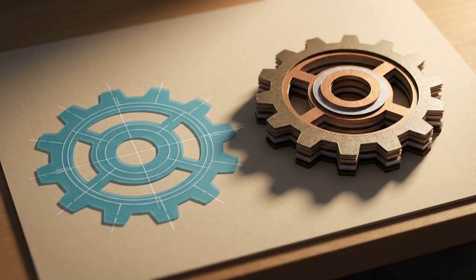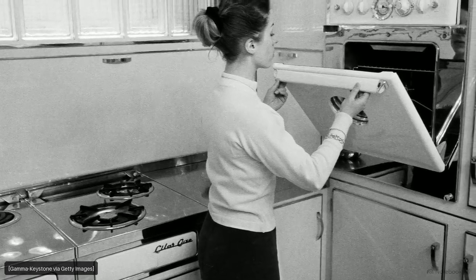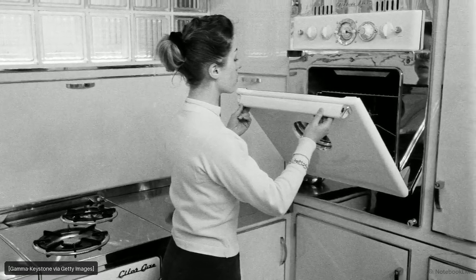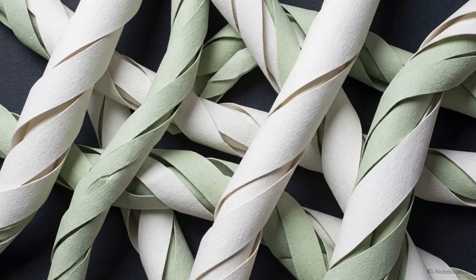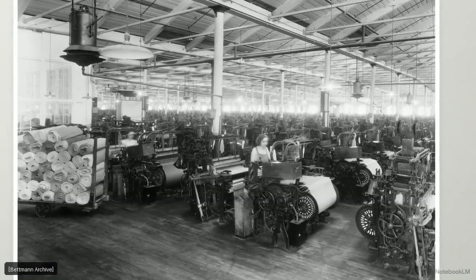This same method of testing and observation provides the physical blueprints for modern technology. By observing how energy moves from a hotter object to a colder one, a physical concept known as heat transfer, engineers developed the controlled environments of the modern stovetops and ovens used in our kitchens. By analyzing the microscopic structure of plant fibers, early innovators developed the material science required to spin raw cotton into the mass-produced textiles we wear every day.